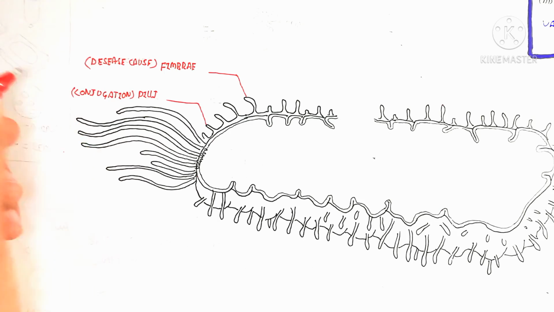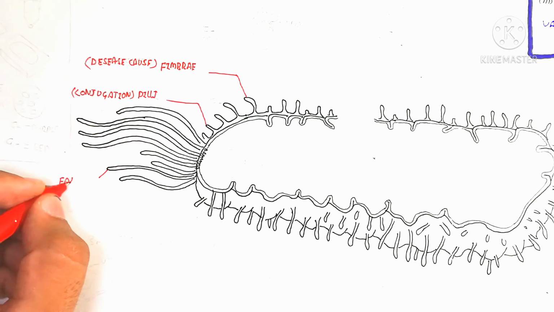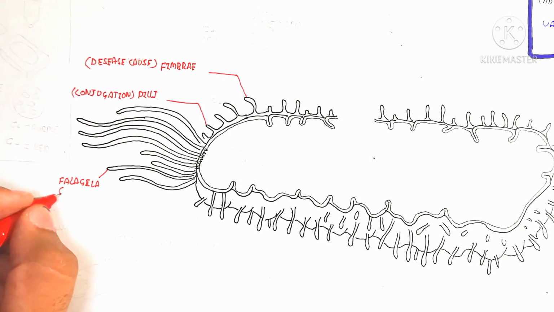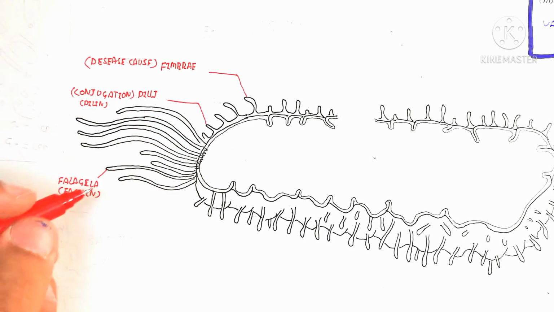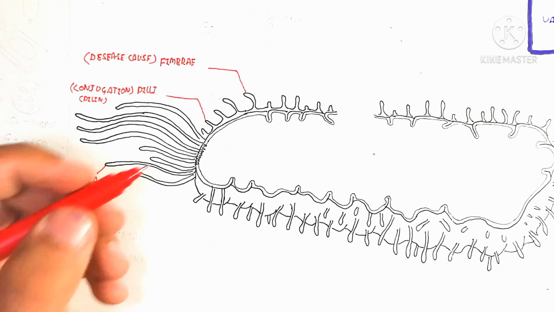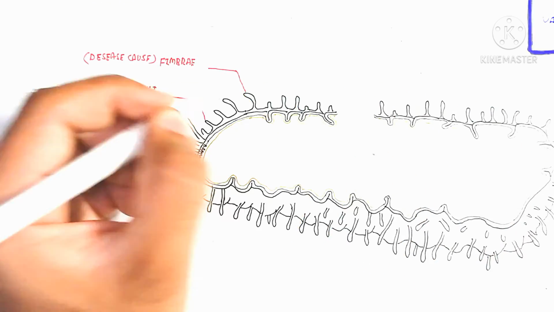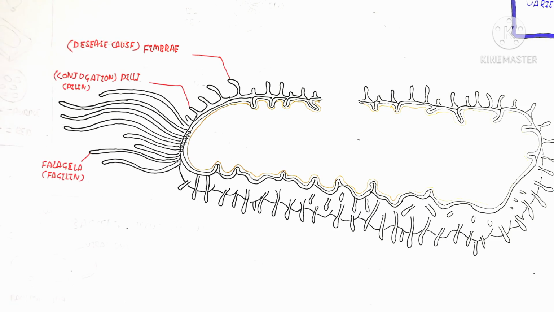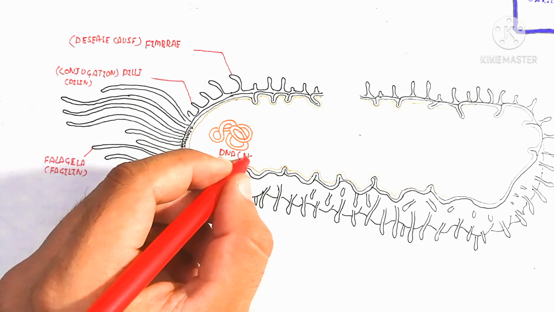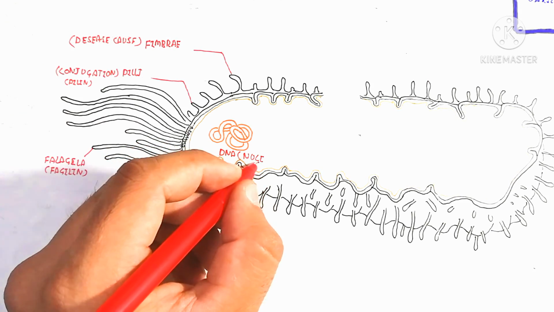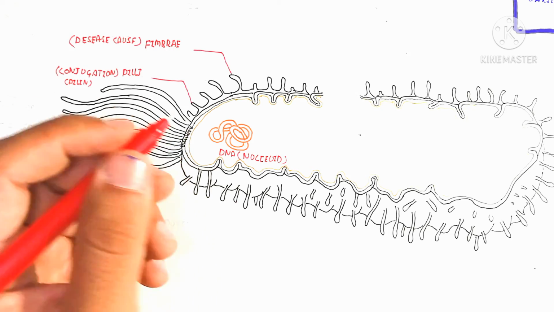So let's talk about the structure here. Here is a disease causing finger-like projection known as a fimbriae, while conjugation or sexual reproduction uses the pili. The pili is made up of pilin protein, while the fimbriae is another, and then there is the flagella, which contains flagellin. The flagella is a long thread-like structure used for movement, while the pili is also used for attachment to the substratum, right?